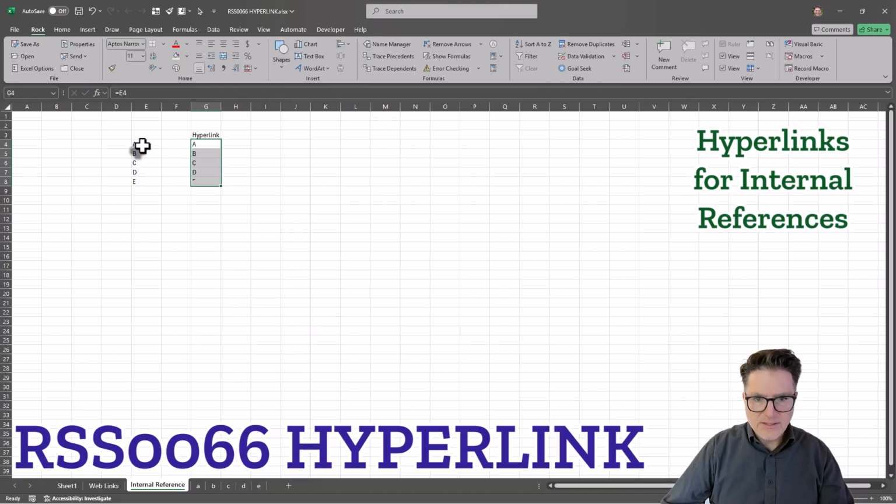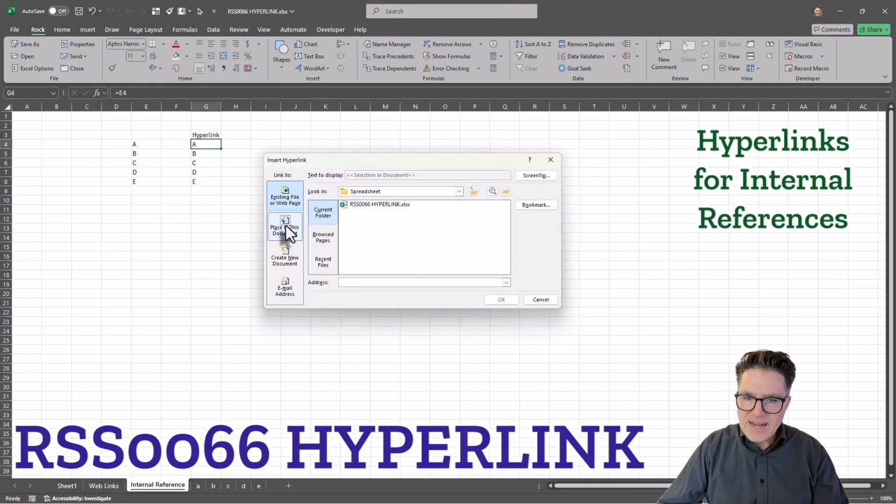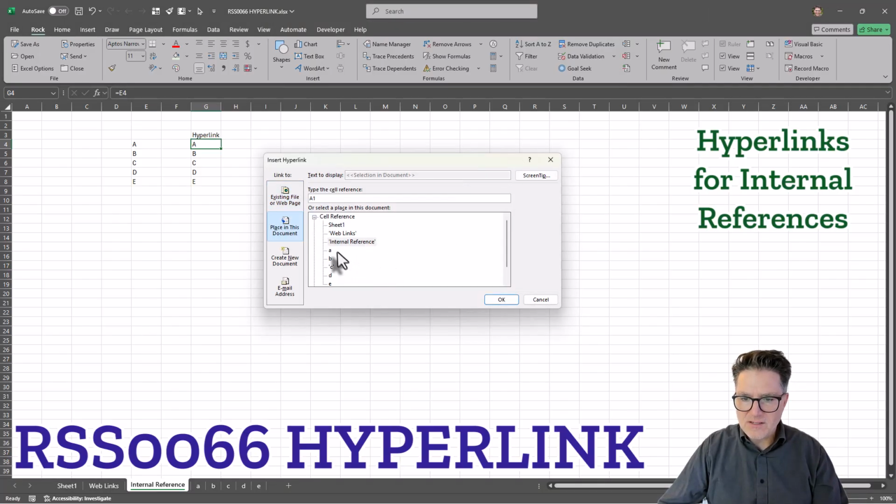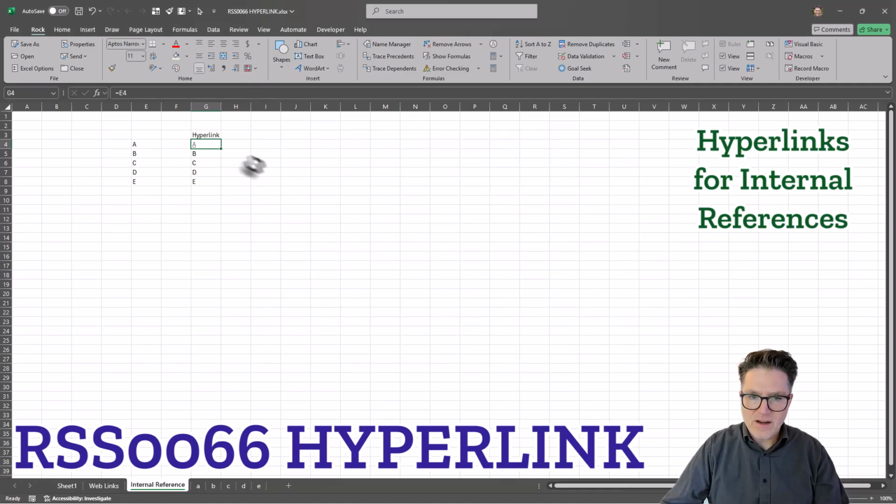And now, instead of using the hyperlink function itself, I'm going to click on the cell and click Control K. And now it's looking for a place in this document. So I'm going to click on this and then give the E4, which is where I typed A. So if I say OK there,